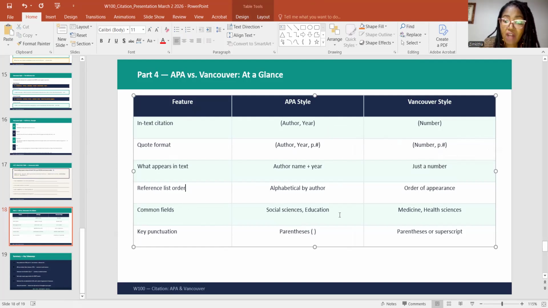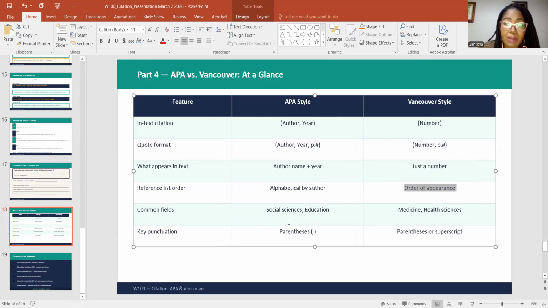Reference list, alphabetical order, as I said to you in APA style. So if you have an author with the surname Andrews, he comes up first. If you have an author's name with the surname Christopher's or Christian, he comes second. If you have an author's name with Zimmerman, he comes at the very end because obviously he is at the end. If you have three sources, they need to be in alphabetical order based on your first author. Okay. Now, Vancouver is order of appearance, numeric. So number one needs to be listed number one.